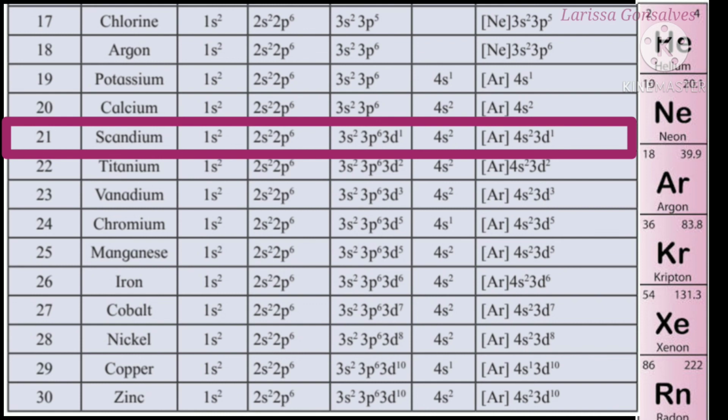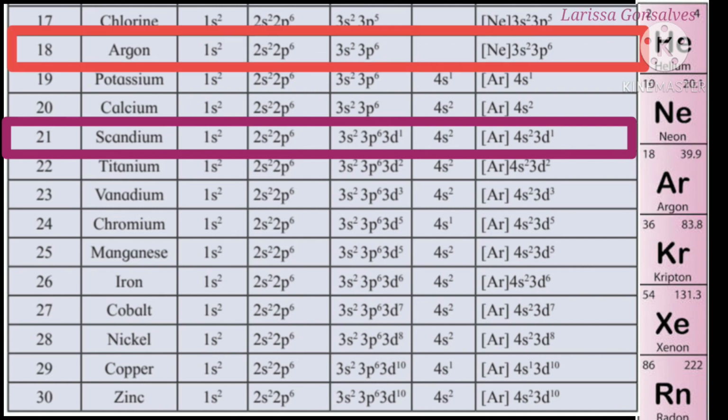Now we need to check which noble gas core is close by. So the atomic number of scandium is 21, while that of argon is 18. So wherever there are 18 electrons, we can put the noble gas core of argon. So then the electronic configuration, the condensed form, will be written as the noble gas core of argon, 4s2, 3d1, because 1s2, 2s2, 2p6, 3s2, 3p6 is equal to the electronic configuration of argon. So I hope you are clear how to write the condensed notation of electronic configuration.